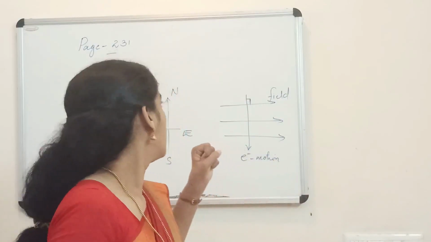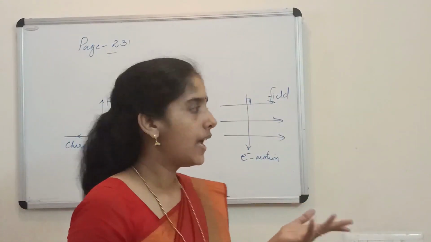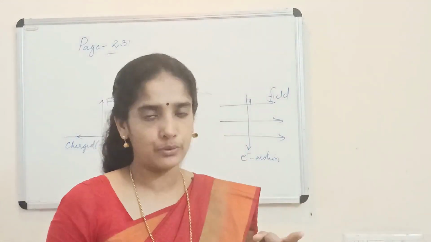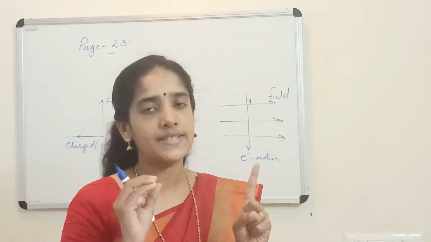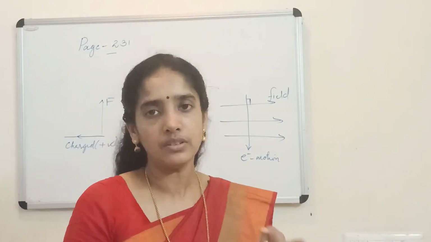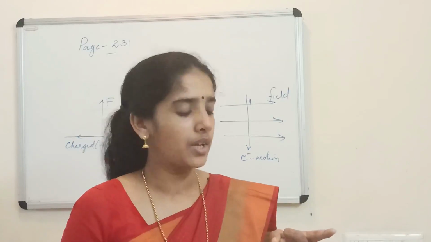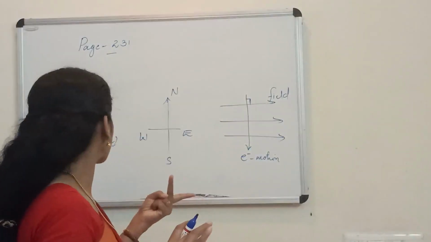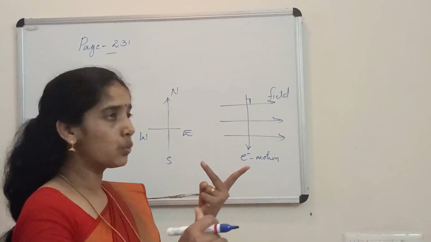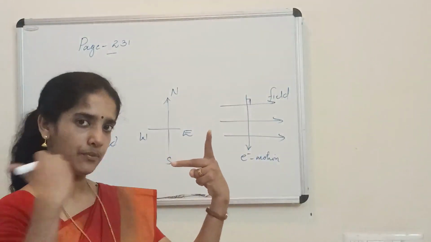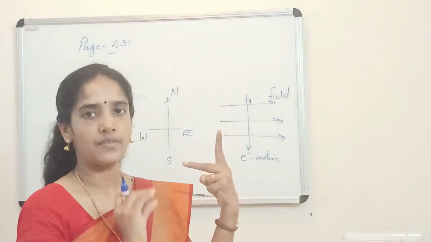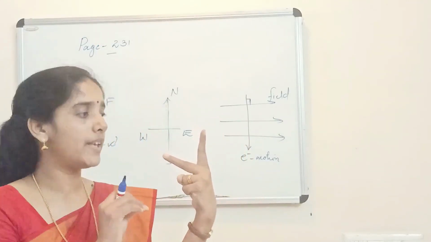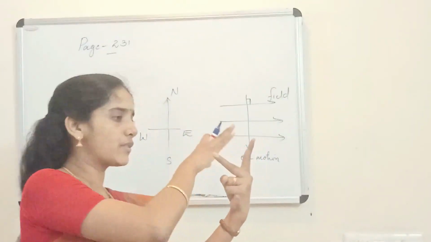So what is given? The magnetic field we don't know, we have to find. For me it is very easy to start with the forefinger, so just open the forefinger. I am not fixing the direction of the forefinger because I don't know it. The field direction I have to find out. Now let me open the center finger. The center finger represents the direction of current. As per the question, the alpha particles are projected towards west. So west, here west, here east. So this is the direction of current. Now these alpha particles are deflected towards north. Where does north come? We show it like this, but actually it is here.